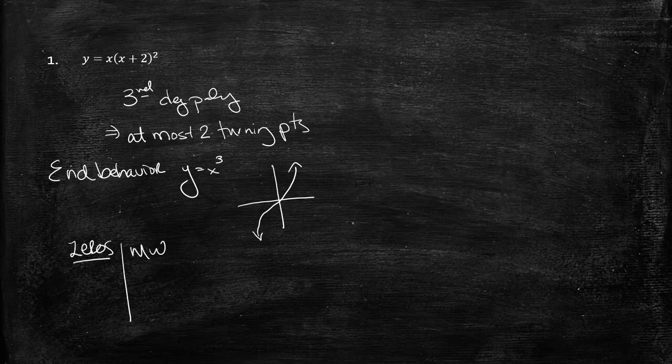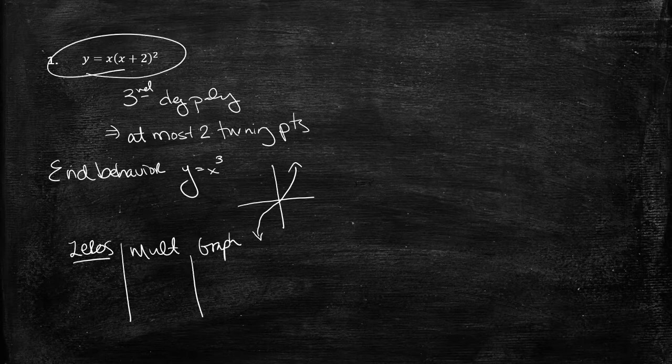Okay, next we want to find the zeros, state the multiplicity, and then also what the graph does. Since our function is given to us in factored form, it's easy to find the zeros. So 0 and -2. The multiplicity of 0 is 1, and the multiplicity of -2 is 2. We get that by looking at the exponents. The exponent on the x is a 1, and the exponent on x plus 2 is 2. Okay, so remember the graph